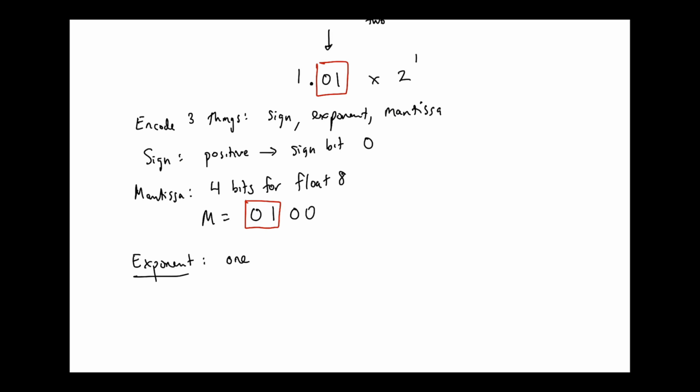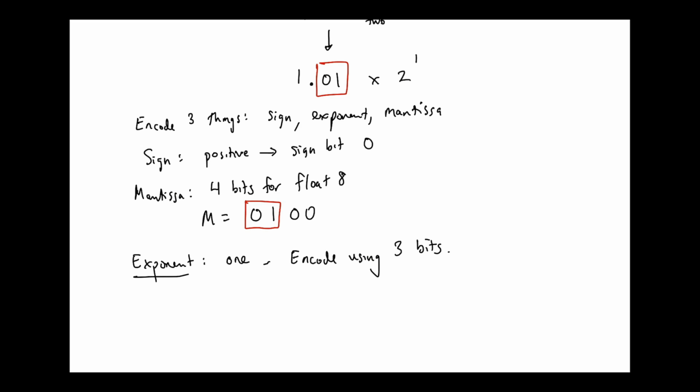How we encode that is the funny part. I've got to decide how many bits I'm going to allocate to encode my exponent, and the standard that I'm going to use is